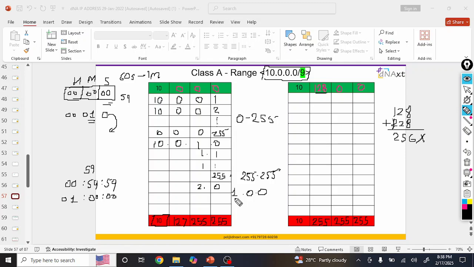Okay, so now 10.1.0.1, 1.0.2, this cycle will repeat once again and then it will become 2. Finally 2, then 3, then 4 and finally 127.255.255. Then it will become 128, which is the network ID of the next subnetwork. So this becomes your broadcast ID. Okay, in this way we are getting